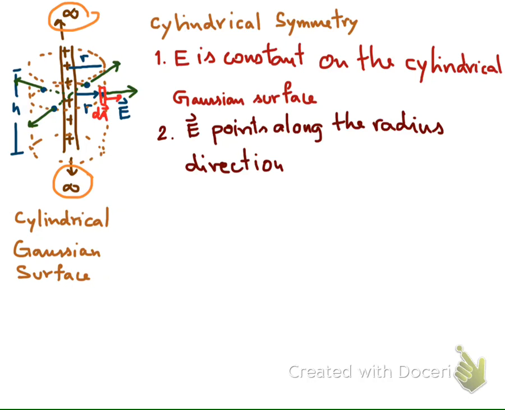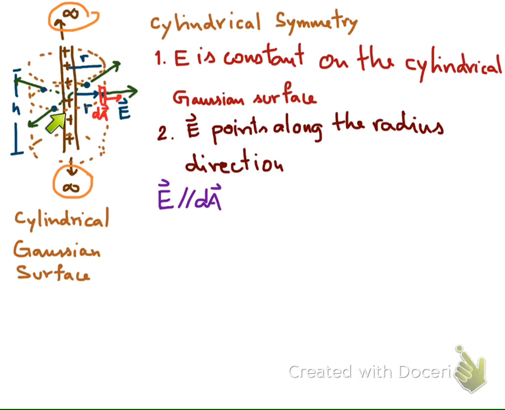If you divide the Gaussian surface into small pieces and look at this piece of dA, the vector dA will point outward, meaning perpendicular to the surface. So we have that E is parallel to dA on this surface